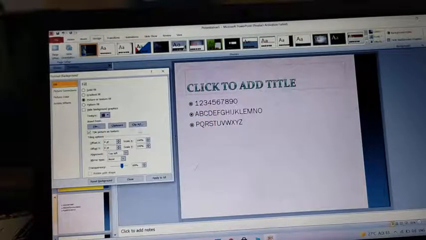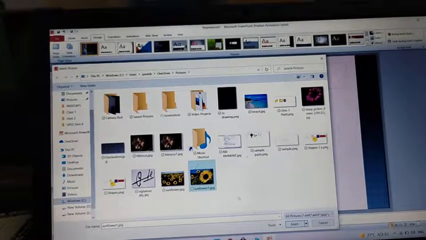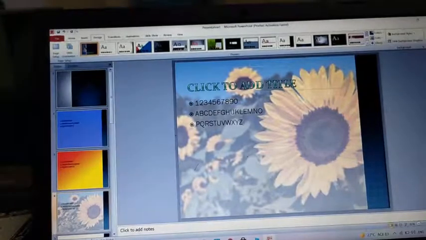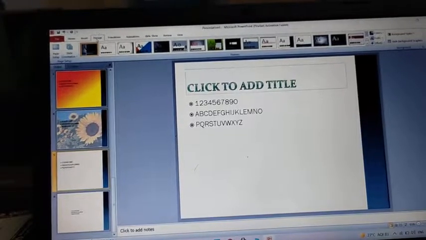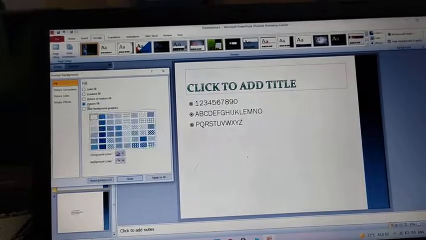Okay, so texture, if you want, you can change the texture, the different types of textures that are available, or you can use picture, any picture that you want. Like I had selected insert and this sunflower picture, and I am just going to give insert. Okay, because the transparency is already 69, it is showing 69. We'll close this now. Next we will see about the pattern fill. Same design tab, background styles, format background, and here in pattern fill we can have different types of pattern.